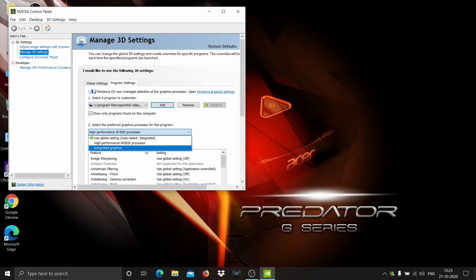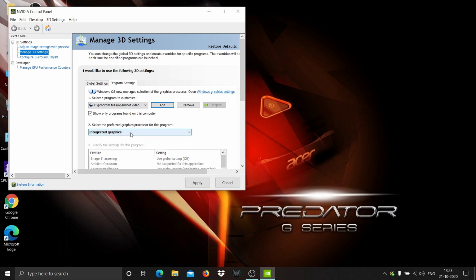Integrated graphics cards are less powerful as they draw less battery. So when you do not need too much performance, you can choose the integrated graphics card. But if you need the powerful RTX 2060 graphics card, then you can choose the high performance NVIDIA processor, then hit apply on that selected software which you need.